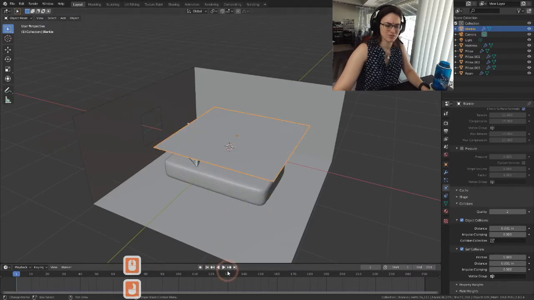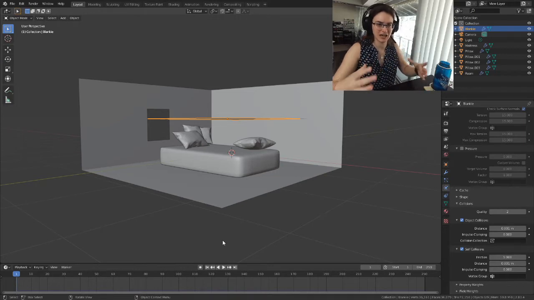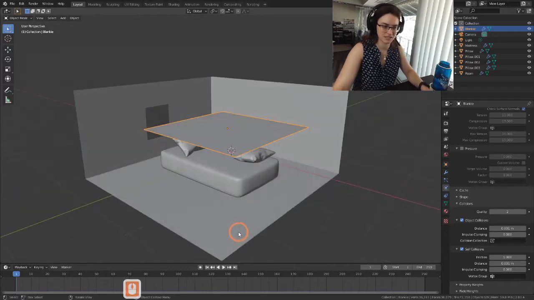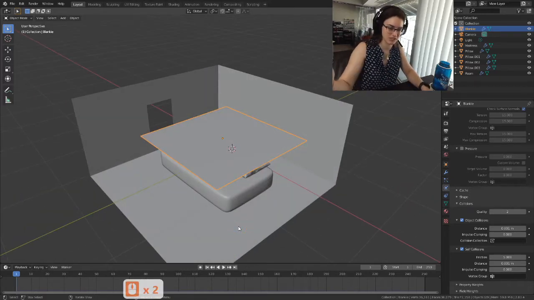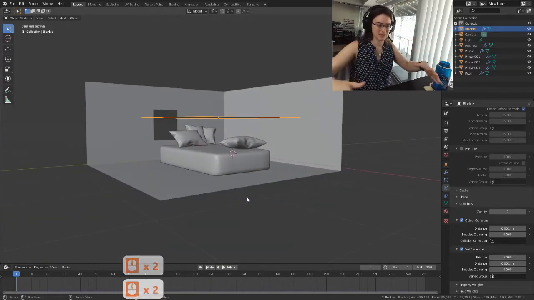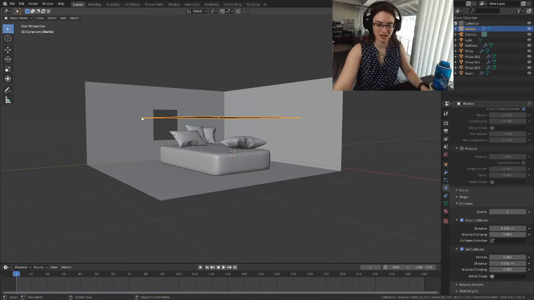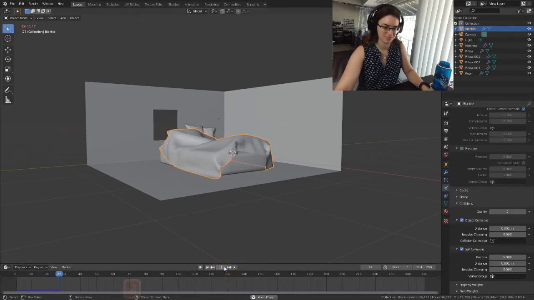I've also had a few students report that their cloth just floats in the air when they hit play, but kind of forms over it, so it's reacting like a cloth, but it's not ever touching down. And they've all fixed it by just totally redoing it. So I'm not sure why that issue is happening, but if you do get that, like cloth is falling over a bubble, hovering like a ghost, just delete it all and redo the cloth, and it's been working for them. So I changed my collisions